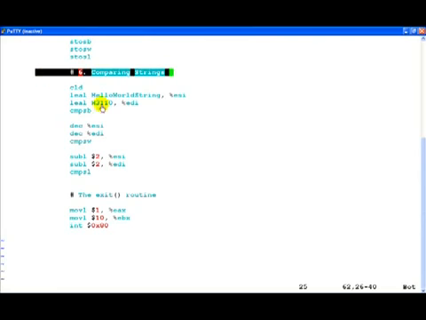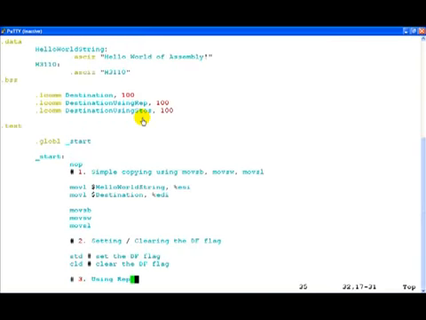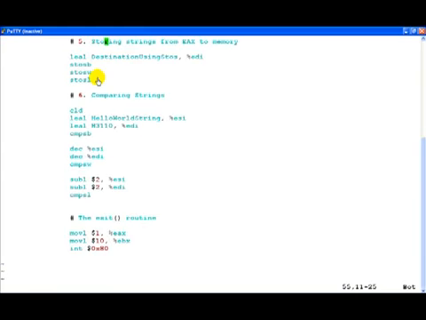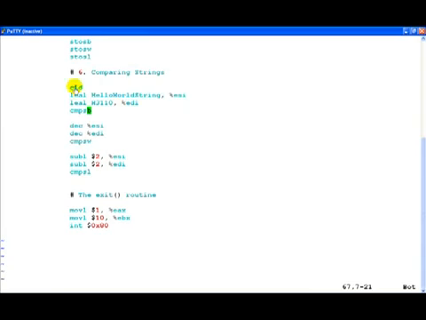So comparing strings, this is example 6. First, we will go ahead and clear the DF flag, very simply because we want ESI and EDI to be incremented. Then we load the hello world string address into ESI and the hello into EDI. Let's go up here. If you notice, the hello world string is this and hello is this. So all they have in common is the very first letter, which is capital H. Let's scroll down now and see what is going to happen when we run this series of instructions. Let's go back to our debugger